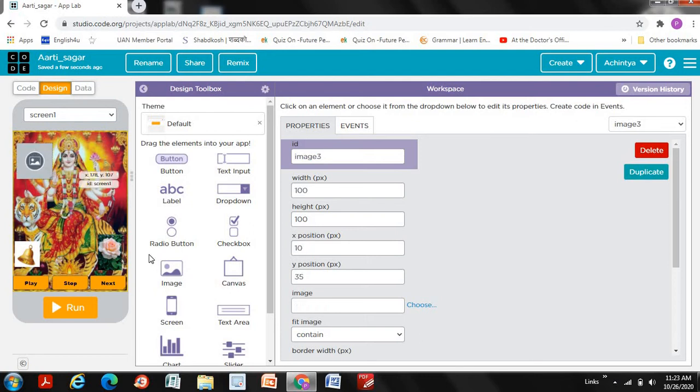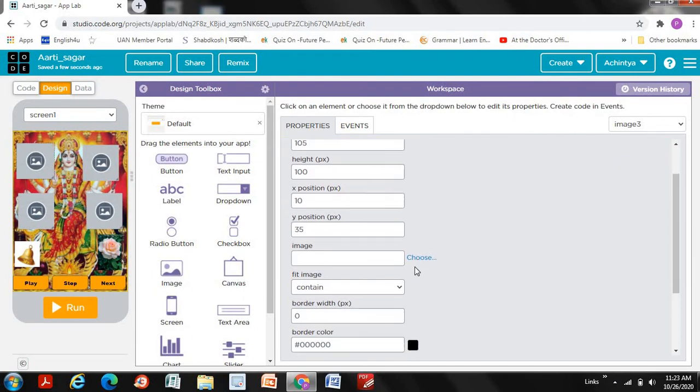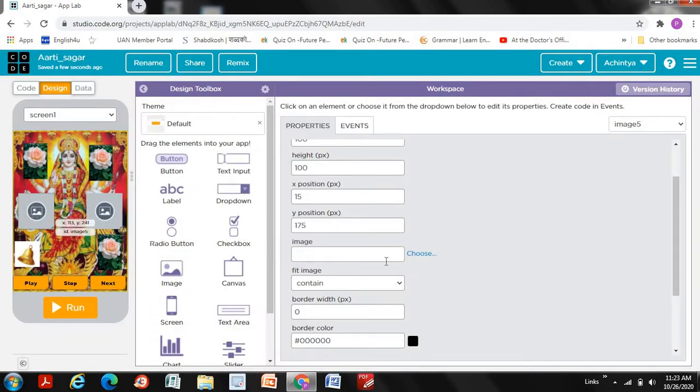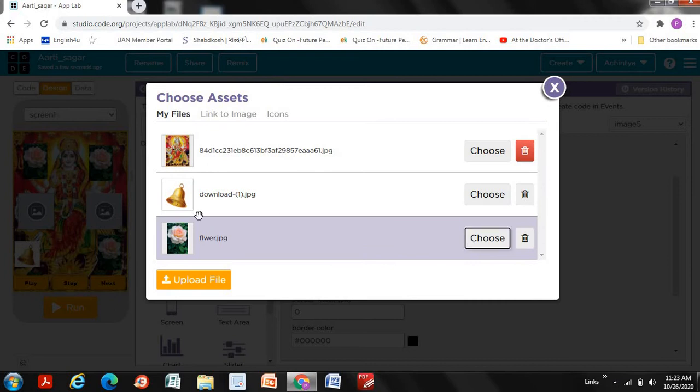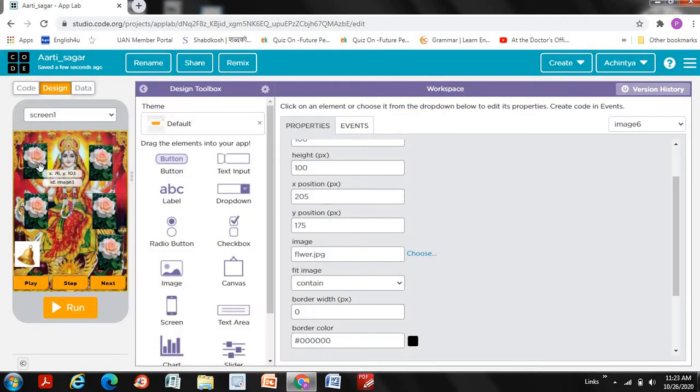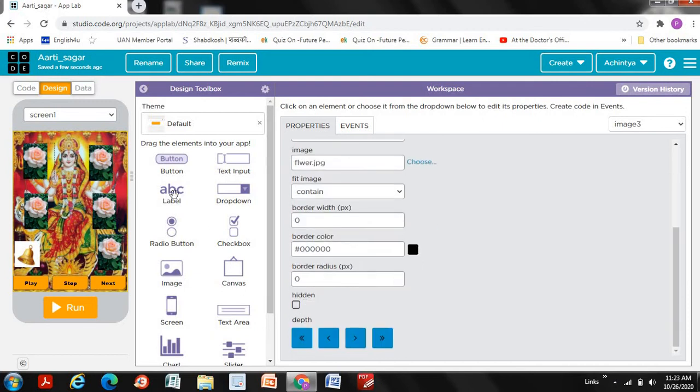So you have to drag and drop here 4 images like this, and now upload the same image that we have uploaded in the below like this, then upload them like this. Now make sure you make all of them as hidden.